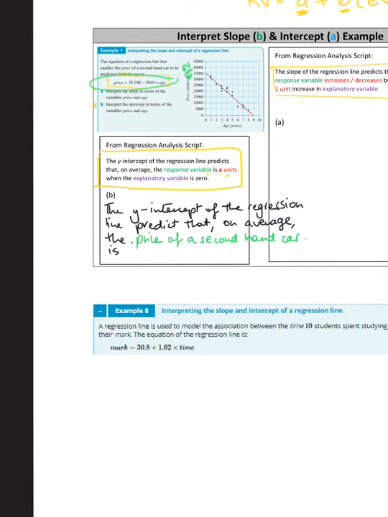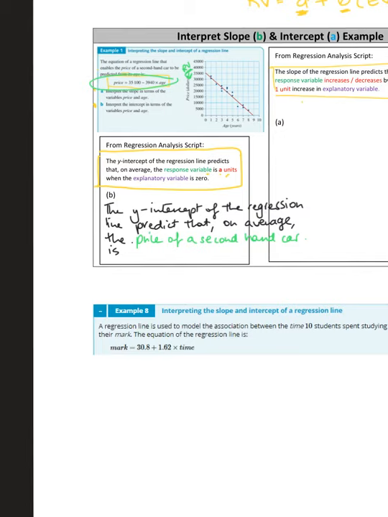is. All I've done there is write out all this part here, and then for the response variable, I've just written in the response variable, which is the price in dollars. So the price of a second-hand car is